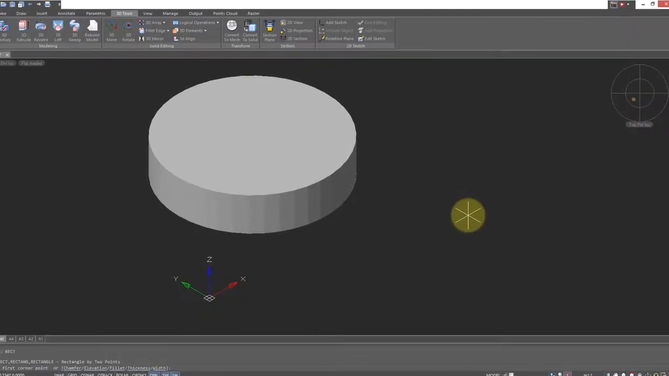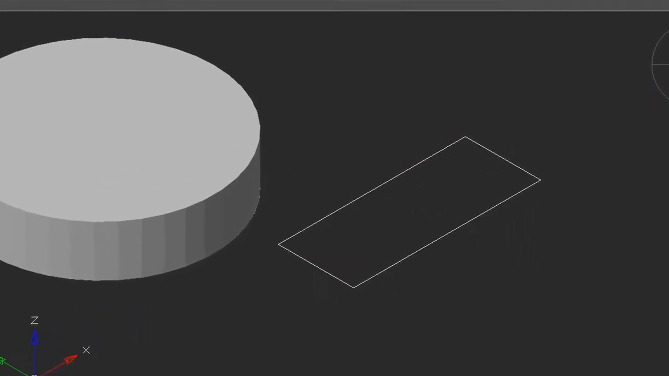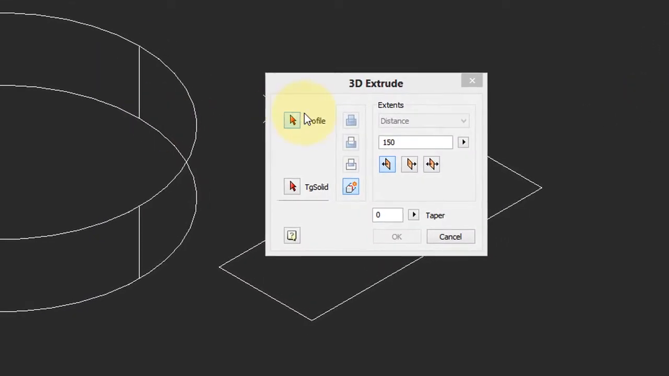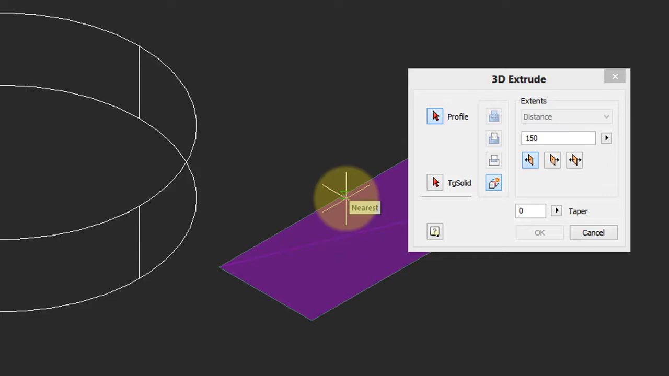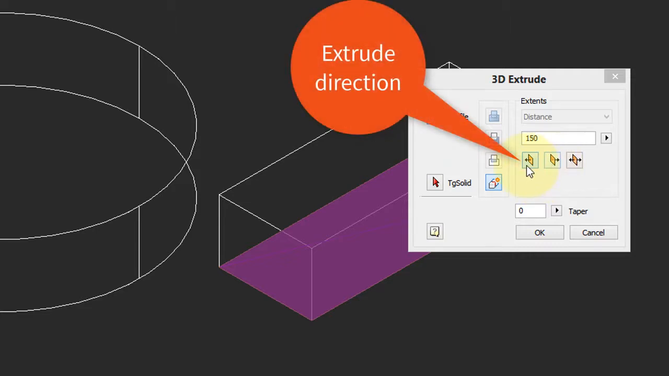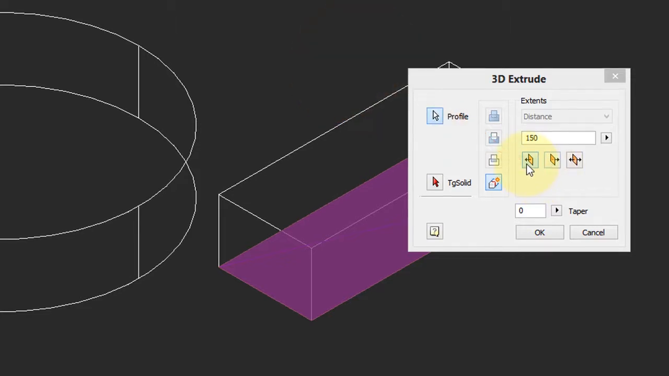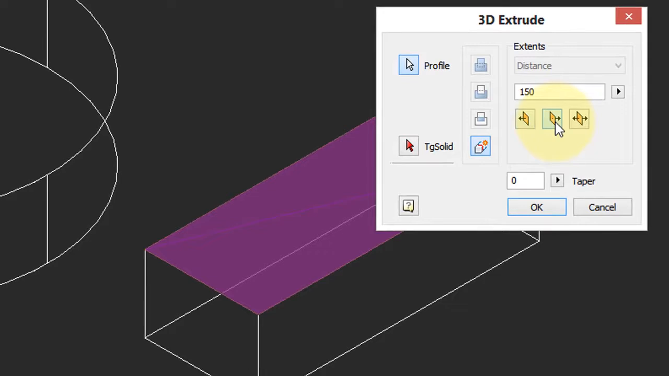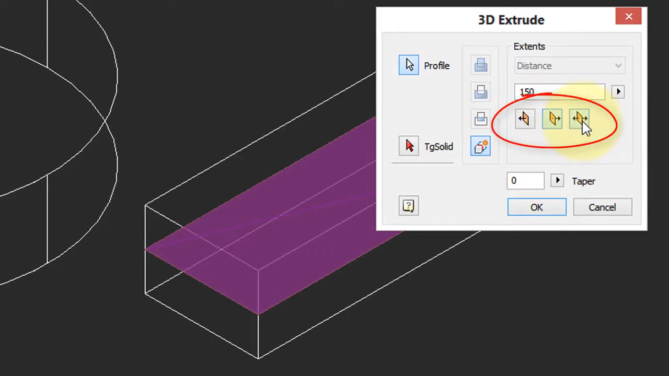Let me sketch a rectangle to show some more features of the 3D Extrude command. Click 3D Extrude. This time nanoCAD Pro recognizes the rectangle, and there's the 150 height. I'm going to show you what these buttons here mean. So that means it's going to extrude upwards in the positive Z direction. This means it extrudes downwards, and this button extrudes it in both directions, the total height being that 150, so